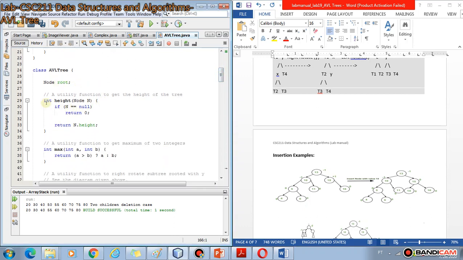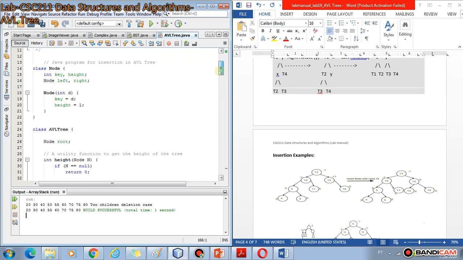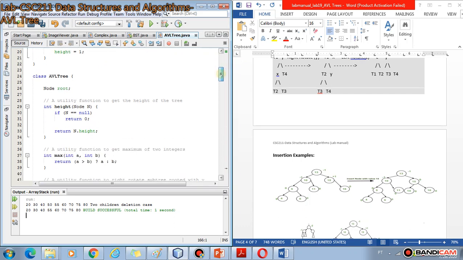So in this AVL tree we have a node root, and then we have a function height which returns us the height of a node. We pass a reference of the node, and this method returns us the height of this node. So if the reference we are passing for a node is null, then return 0, otherwise return n.height, because height is now the data member of this node class.